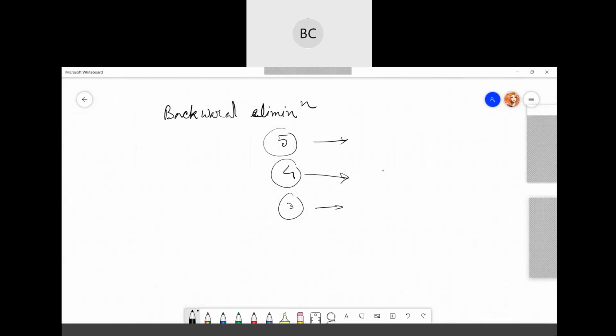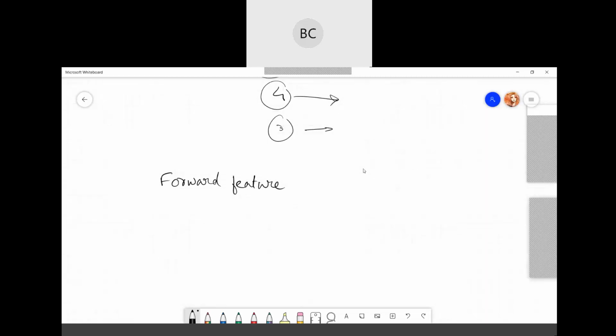Then another method we have is forward feature selection. This is just the opposite of backward elimination. Initially you start with one feature and see the prediction, then you add 2 features and see the prediction, then add 3 features and so on. So these are the various methods, and there are also many other ones.